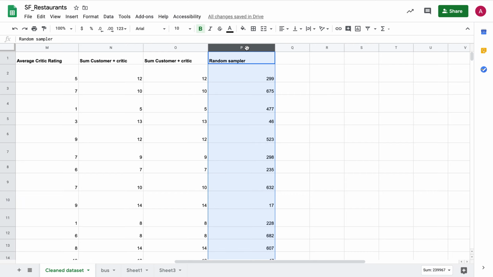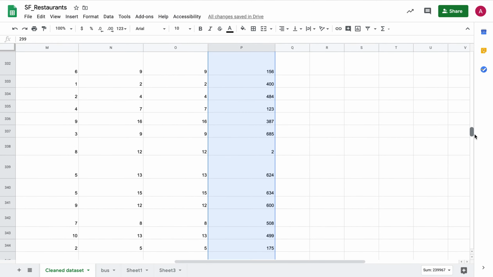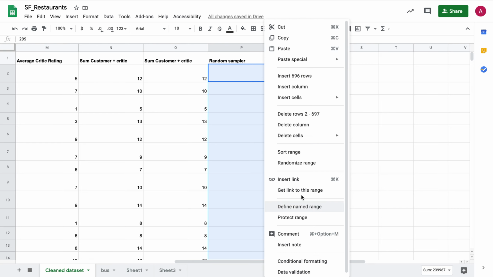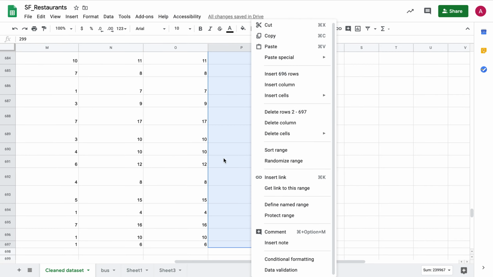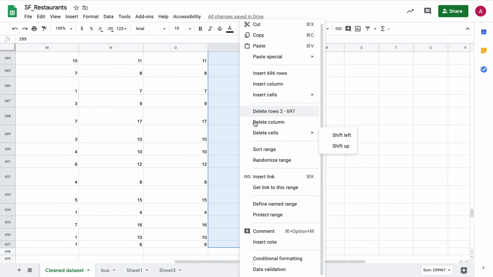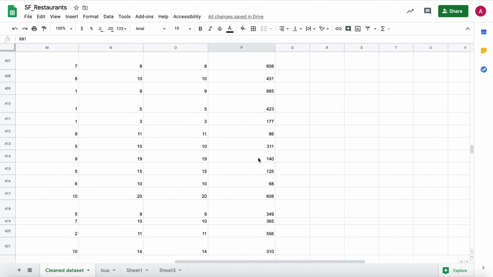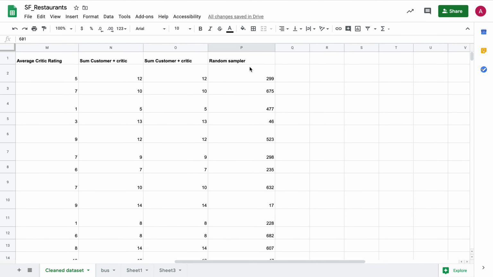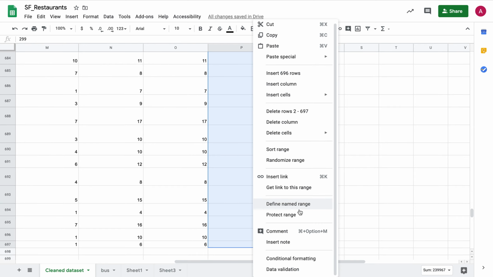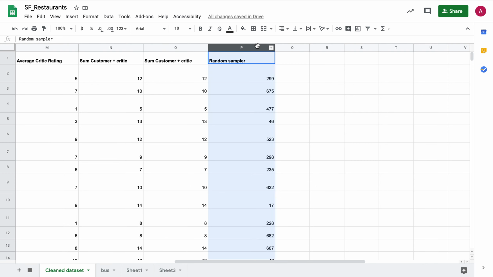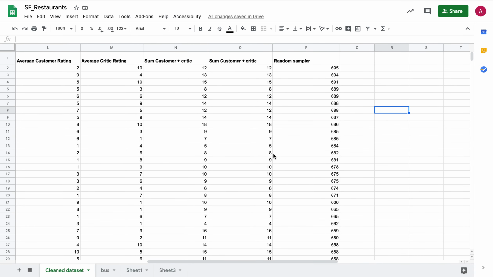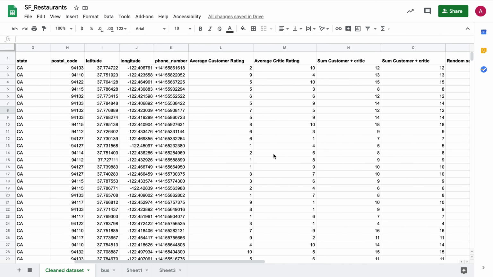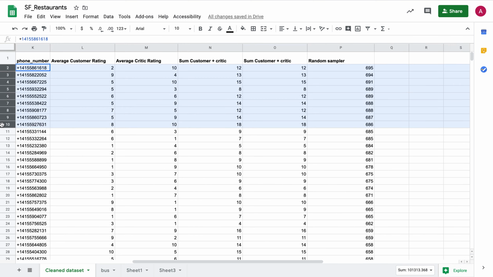And now what I want to do, and this is where the really smart part comes in, is sort this column from Z to A. You see our highest value is 695, and what you then want to do to create your sample is basically take your top 40 rows. So let's go from 2 to 41 if you want to generate a random sample,